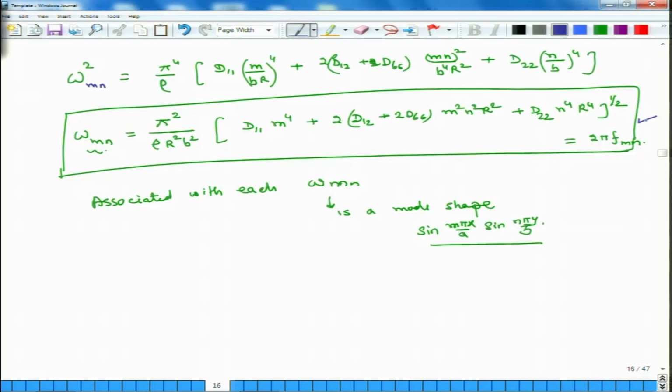Today we will continue our discussions which we started yesterday, about free vibrations in rectangular composite plates. Specifically, we had developed a governing equation which dictates the vibrational behavior of these plates, and using that governing equation we had computed natural frequencies and associated modes for a rectangular composite plate which was simply supported on all four sides. The plate which we considered was symmetrically laminated, and each of its layers was orthotropic in nature, so that the D16 and D26 terms for the plate were 0. For such a plate the natural frequency was computed as dictated by this relation.